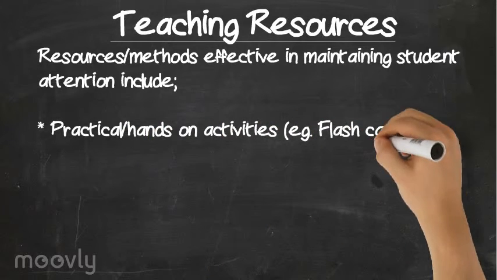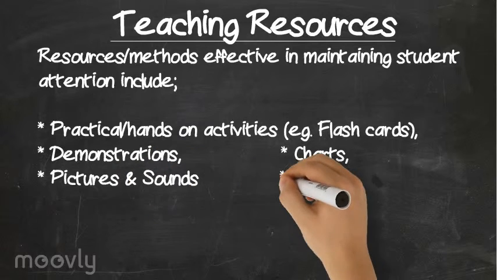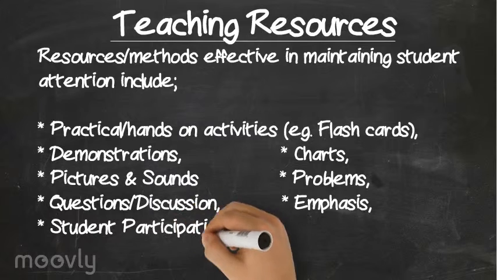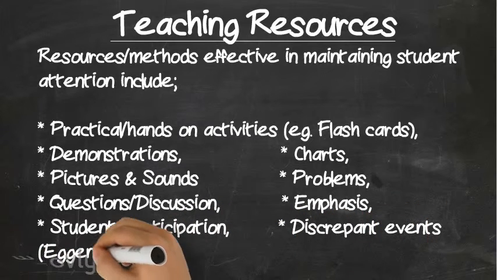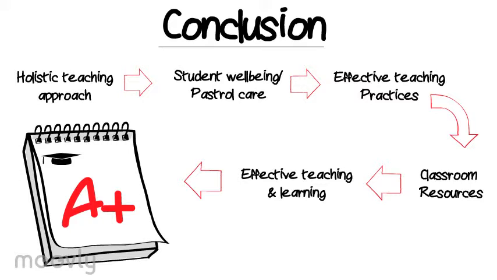Some of these include encouraging participation in learning activities, hands-on activities, discussion and collaboration, providing feedback, pictures, sounds, flashcards, the use of intellectual and emotional links to relate to the children's background, and the use of examples. By utilising a holistic teaching approach supported by effective educational theories and classroom resources, teachers are able to create a positive, successful teaching environment for their students.